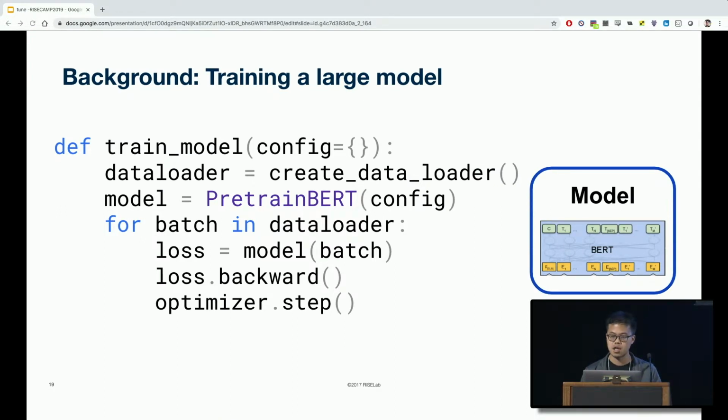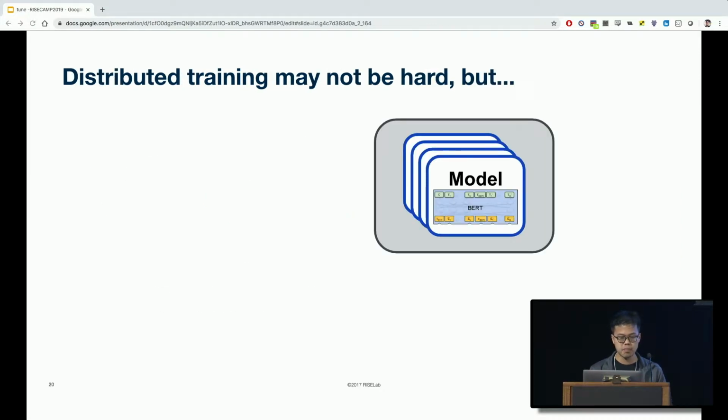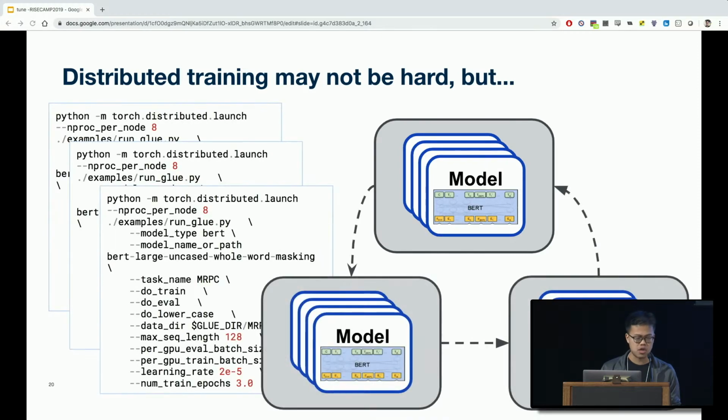Well, the first thing is models are becoming large and hard to train, obviously, and so we have here a skeleton of a training script that fine-tunes an existing large language model. So you'll start with the model, but perhaps the model is too slow to train. So naturally, you want to use data parallel training. Data parallel training is actually not so hard to do anymore because there's a lot of framework support for this. Now, that being said, things do get a little bit more annoying once you want to start scaling out,